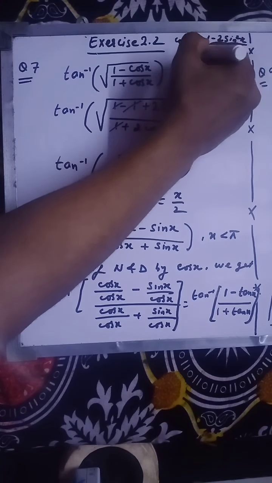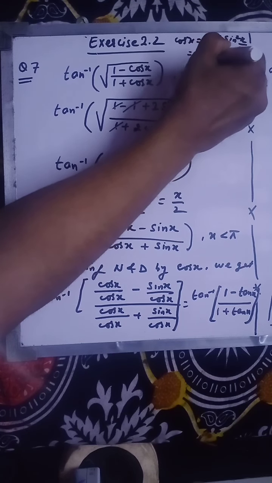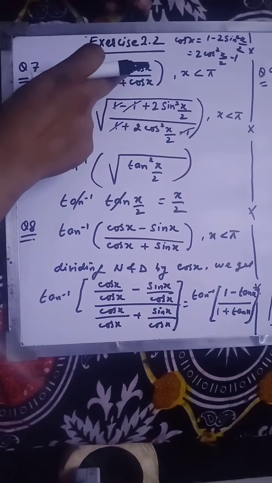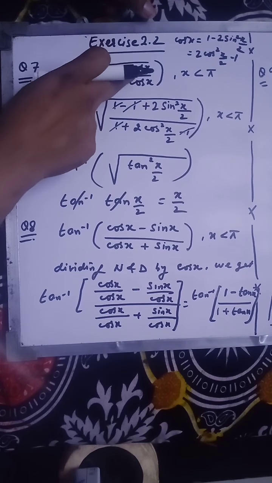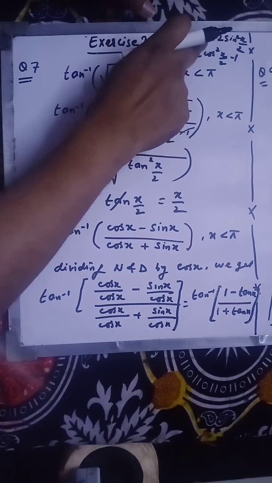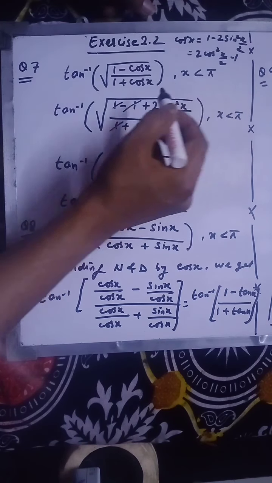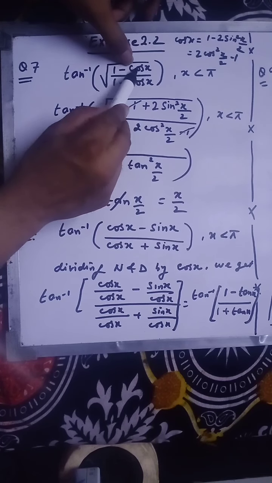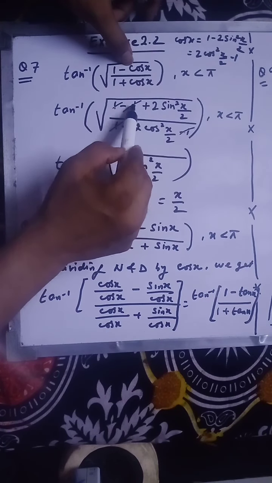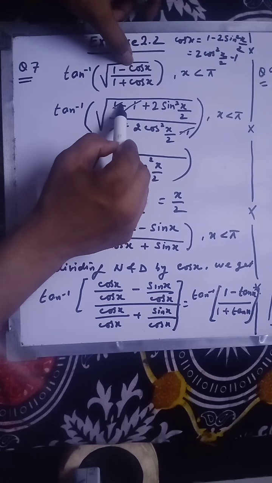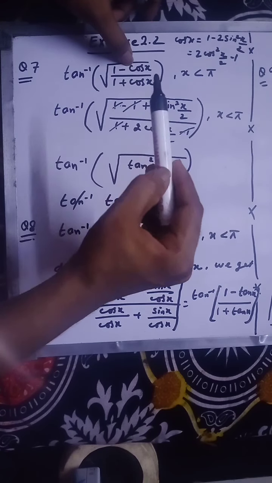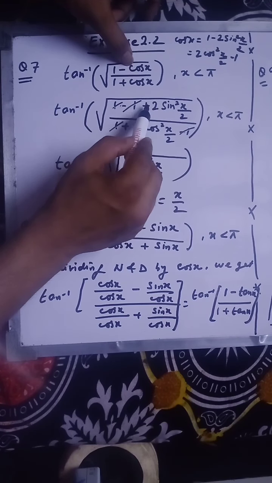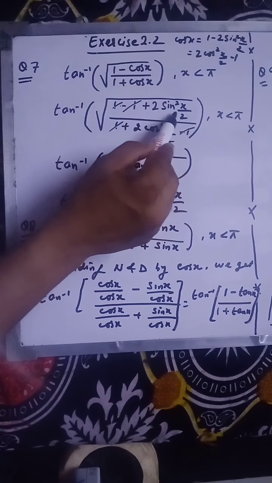And in the denominator I'm applying this formula, cos square x by 2 minus 1. So here in place of this cos theta, which is coming in the numerator, you have to write 1 minus 2 sin square x by 2. So you will get 1 minus minus. So in place of this you are putting this value 1. Here it will be plus because minus is coming outside. I am not increasing the number of steps, so I know you can solve this. So this will be plus 2 sin square x by 2.